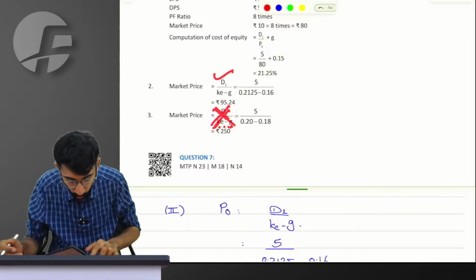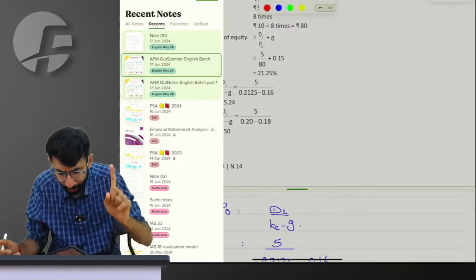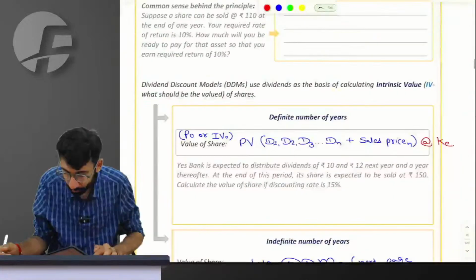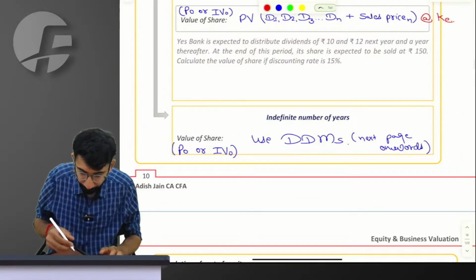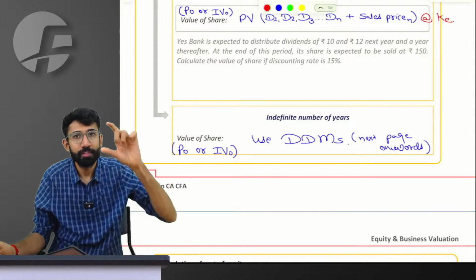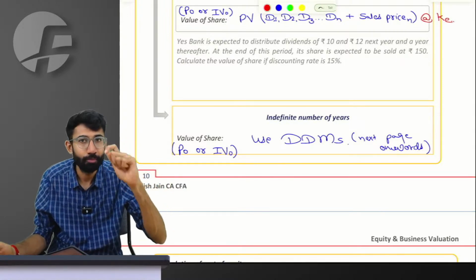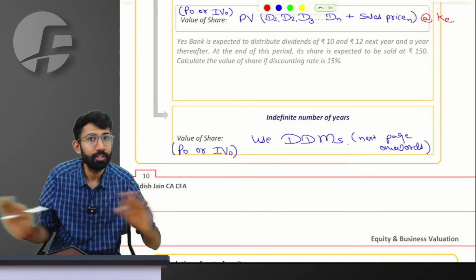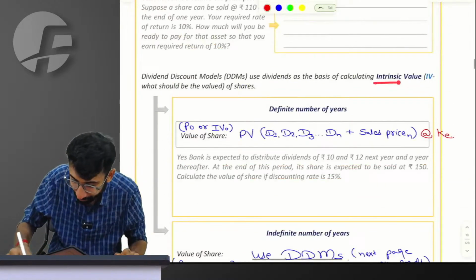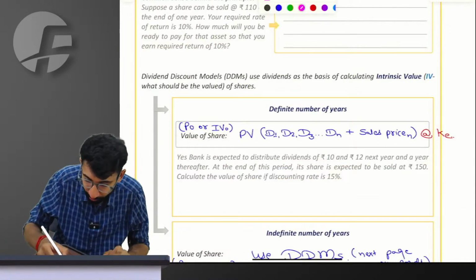All right, cool. So I want you all to be there in the notes for a moment, on page number 10, so we will try to make sure that we update everything in the notes, which means the book that you create should be so complete that beyond this book you don't have to refer to anything. Please come to question number 10, and at this point where you have written intrinsic value,